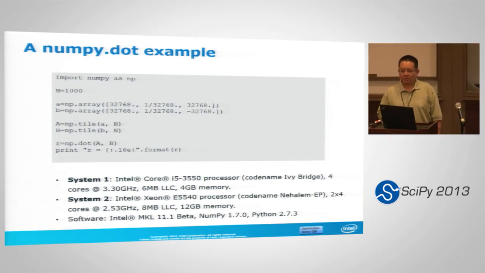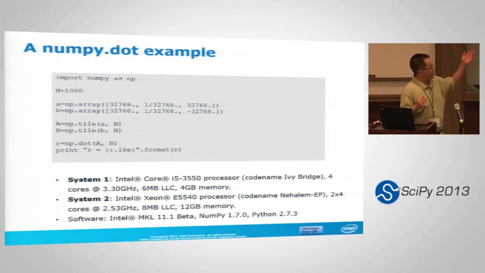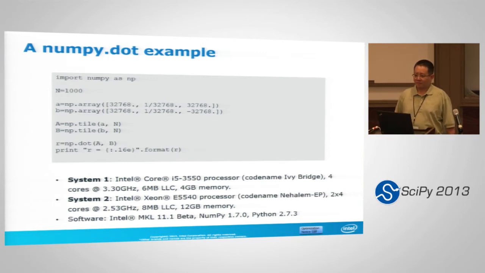To make it more interesting, we make the arrays bigger. We just repeat the sequences 1,000 times. Then we do a dot operation on them. What result do you expect? We can do the dot operation manually using a loop, multiplying pairwise and doing a sum. That's going to be slow because it doesn't call into the BLAS dot function, but you can see what kind of result you get. You get absolutely 0.